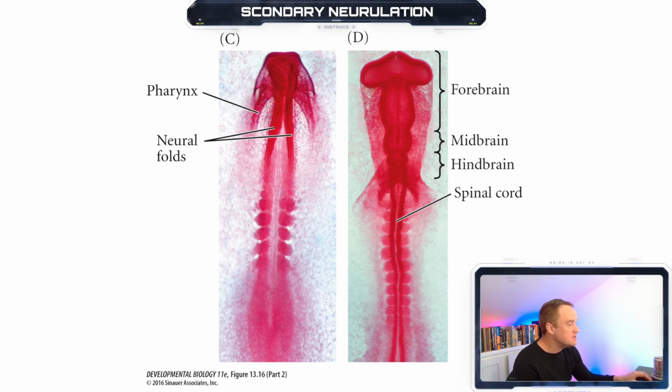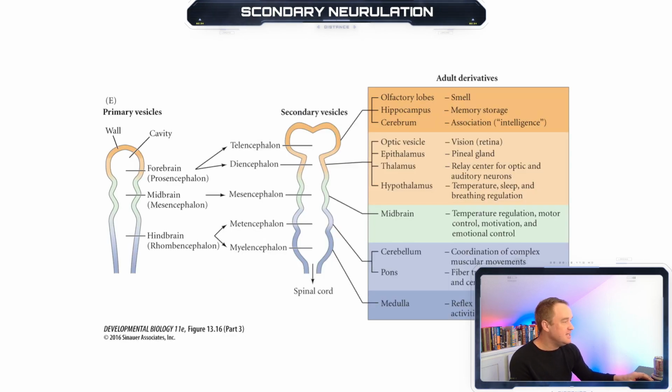Let's move on to the next slide here. Slide E. So in humans, the three primary brain vesicles become further subdivided since we have more evolved brains, right? And development continues. So you see that we have our primary vesicles, forebrain, midbrain, hindbrain, but then we start getting additional subdivisions. So we have the telencephalon, the diencephalon, the mesencephalon, the metencephalon, the myelencephalon, and these all develop,